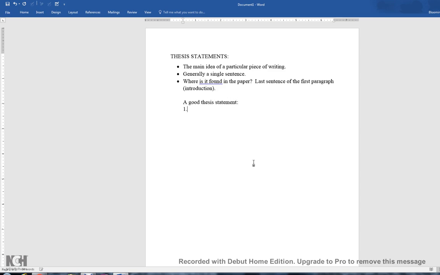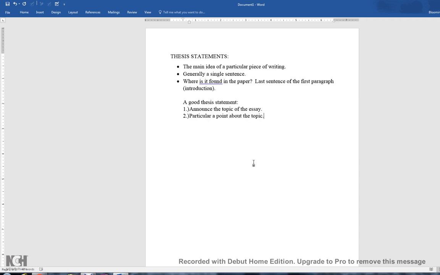Now, a good thesis statement will do 3 things. The first thing a good thesis statement will do is announce the topic of the essay. Now, that doesn't just happen in the thesis statement, that also happens in the introduction, but for sure it needs to happen in the thesis. We can't have a thesis where we don't know the topic. It also needs to make a particular point